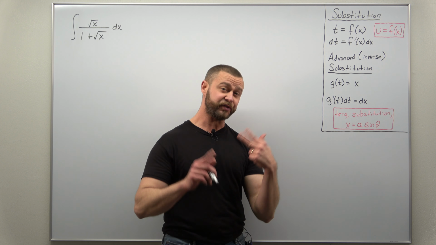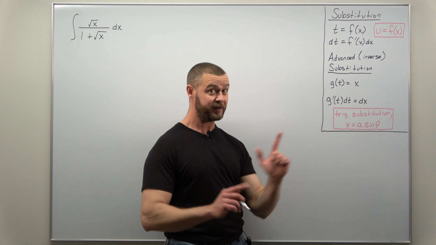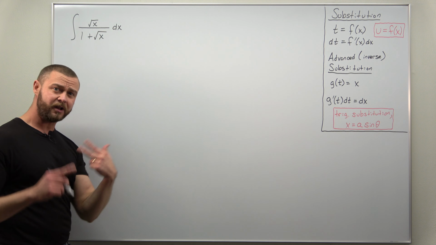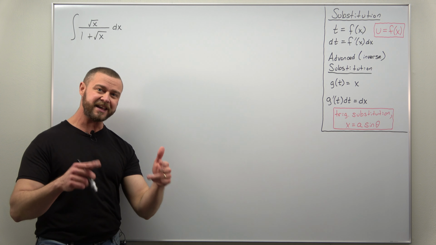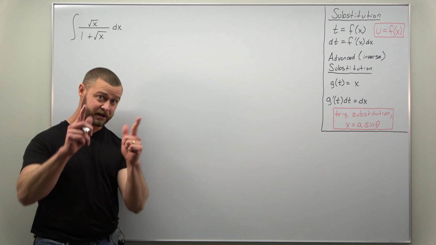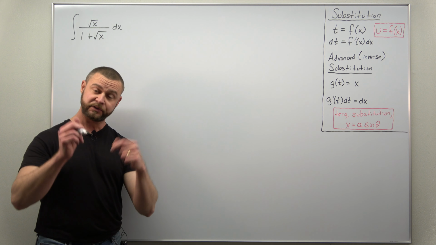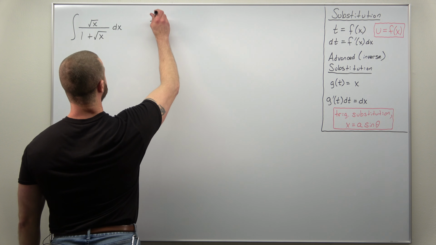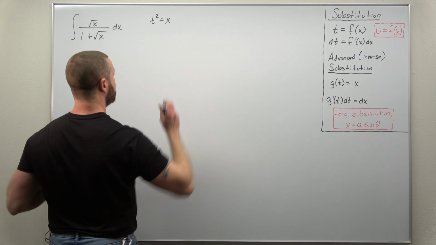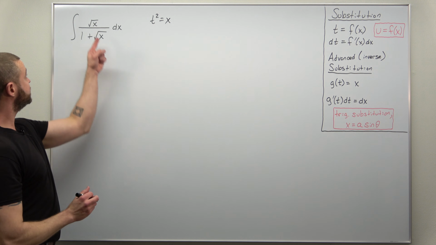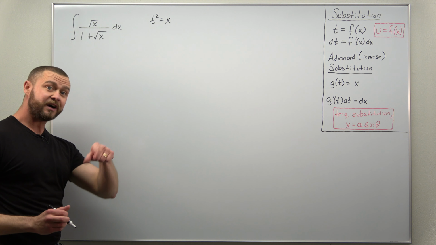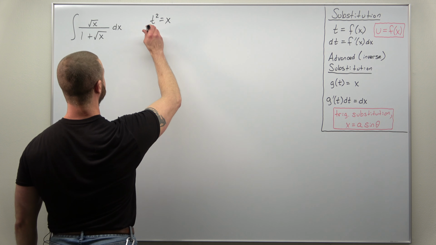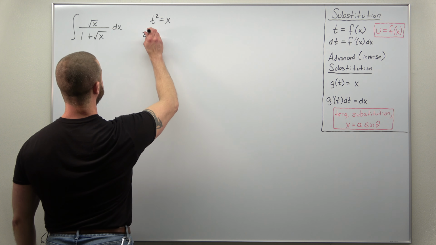And how we choose our substitution in this setting of advanced substitution is we want to look at our integral and figure out what function of t might cancel or simplify the function that we're integrating. So if we take a look at this, it seems like if we try x as t squared, notice if you plug that in, square roots of t squareds will cancel out. So this seems promising. So if we calculate differentials here, we'll get 2t dt